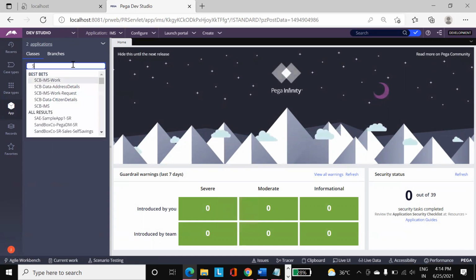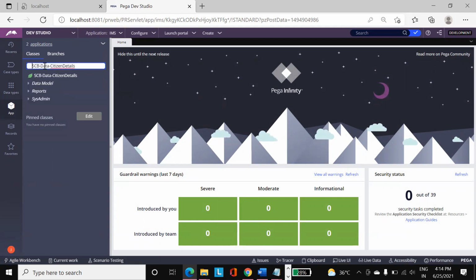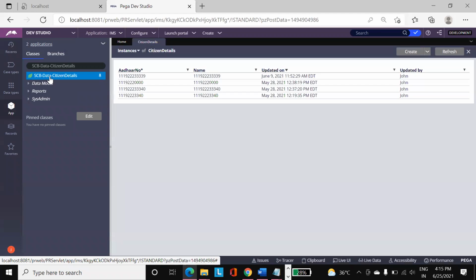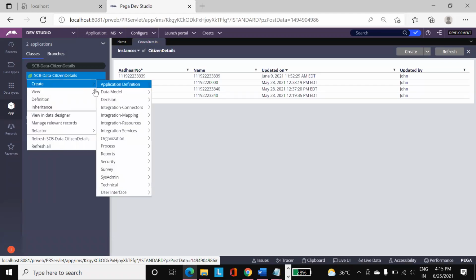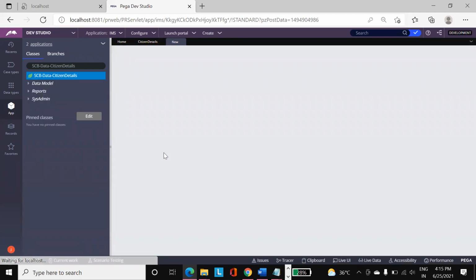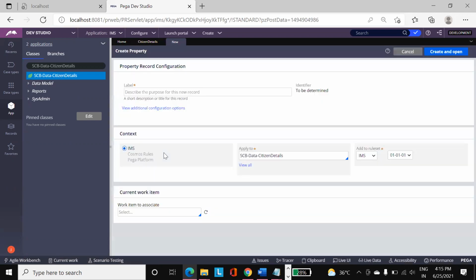Just go to your data class, let's say I have citizen details as my data class. If I want to create a property, just right click on this class, go to create, data model, and click on property. This will create a new property, and here you can give the property name and the property type.